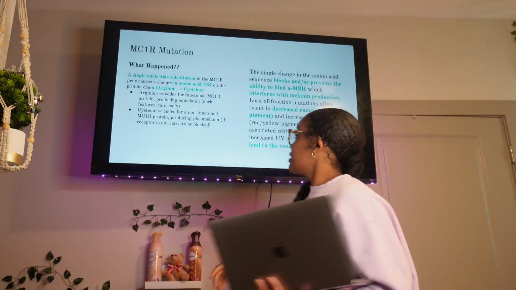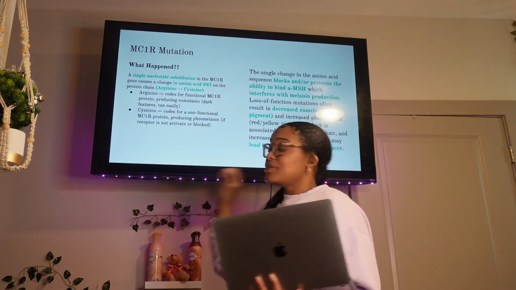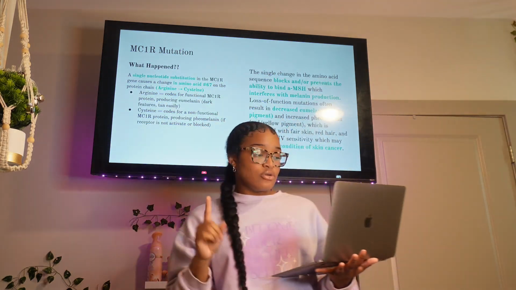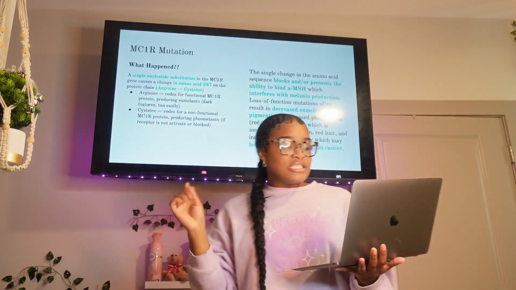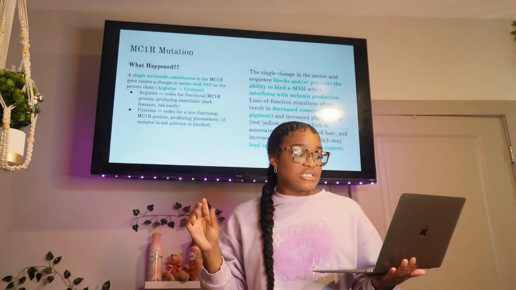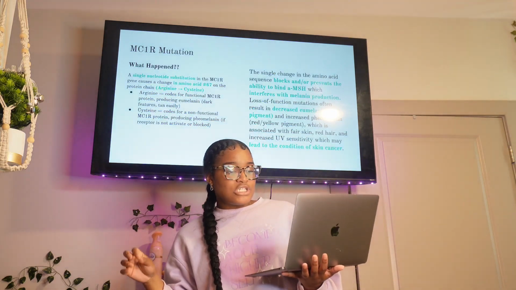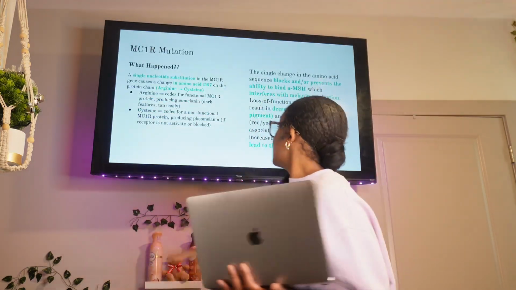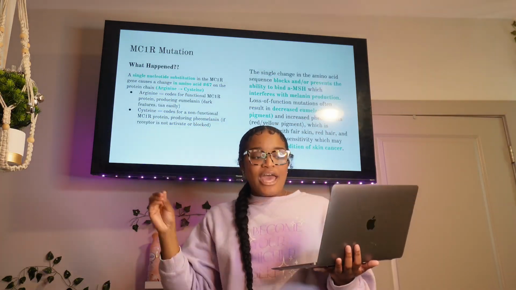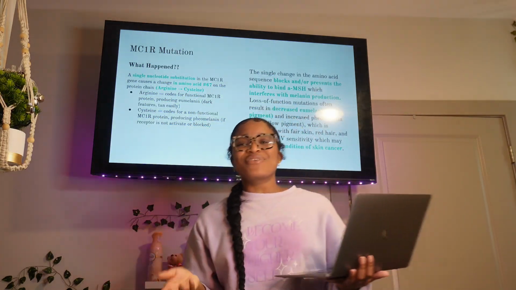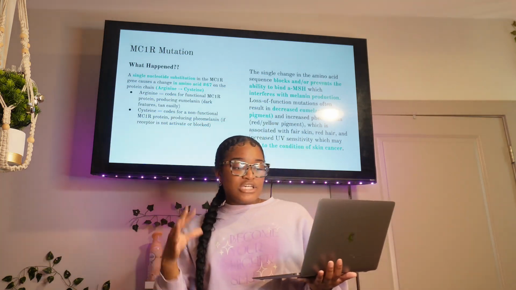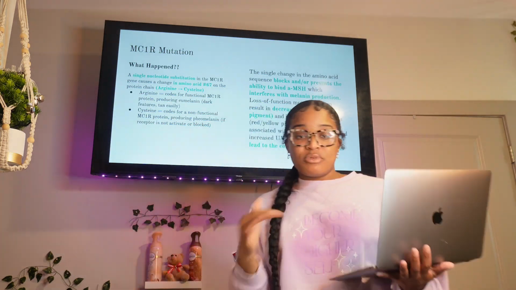So the mutation that we are dealing with is a single nucleotide substitution, so there's not anything changing except one single nucleotide, and this is specifically on amino acid 67 where arginine changes to cysteine. This single change in the amino acid sequence blocks the ability to bind α-MSH, which interferes with melanin production, and what this causes essentially is decreased eumelanin, which is the dark pigmentation, and